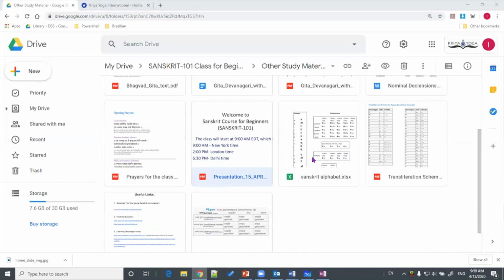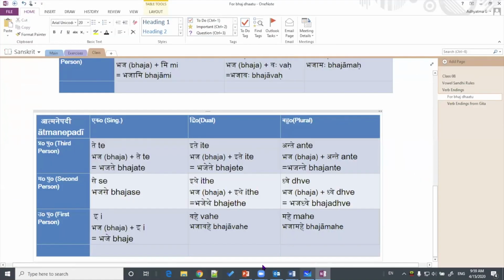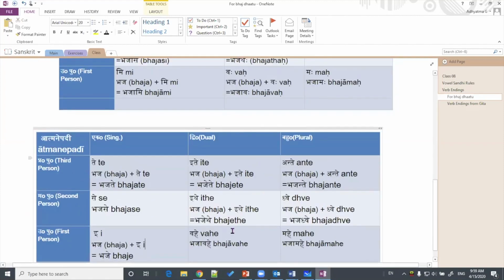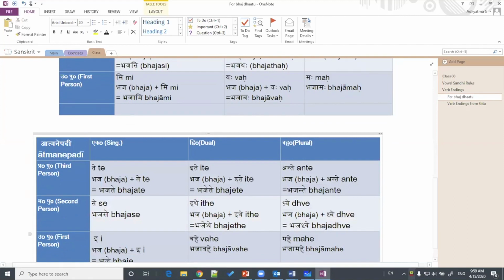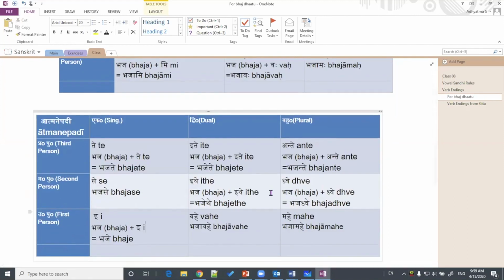Another question is about bhaje: why not with a long a, why should it become long a? I do not understand. Bhaja is the base, the stem, and ikara. So akara plus ikara becomes ekara. I would request you to make sure that you are very familiar with sandhi rules. Even though there are exceptions, at least you should know the rules, and then we can see where the exceptions are.